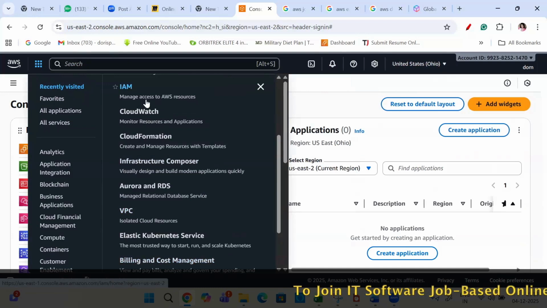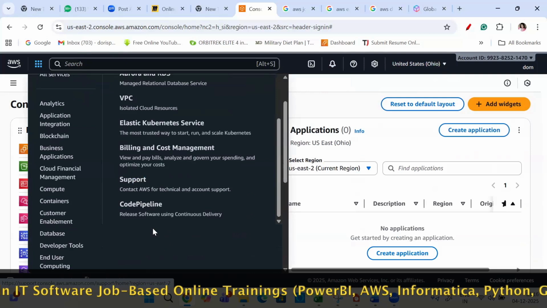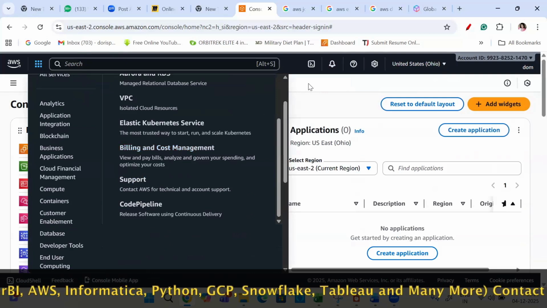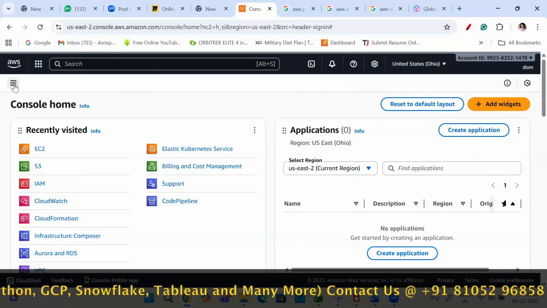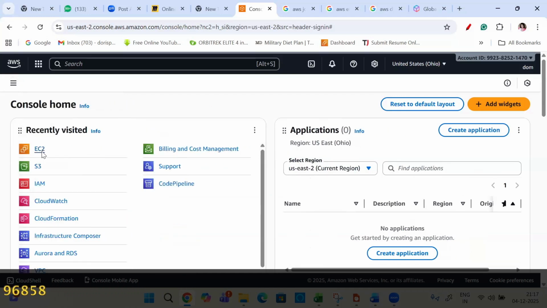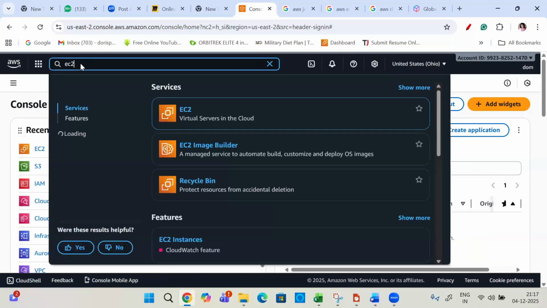Your AWS as well as DevOps work will mainly be done from your AWS account, for which you will have to create a free tier account. Now if you look here, this is the console. It will show you what the services are. For example, I'm taking one service. If I say EC2, this is what?